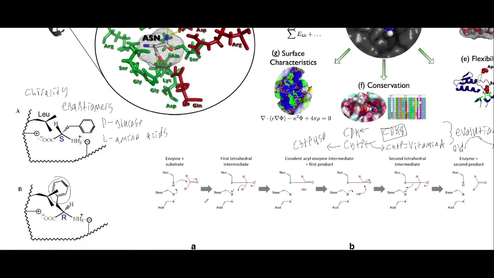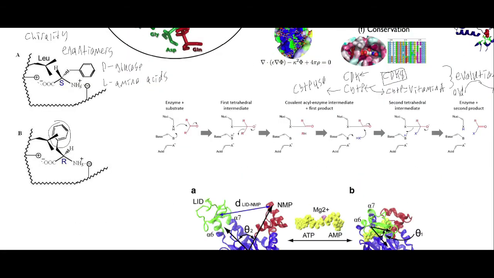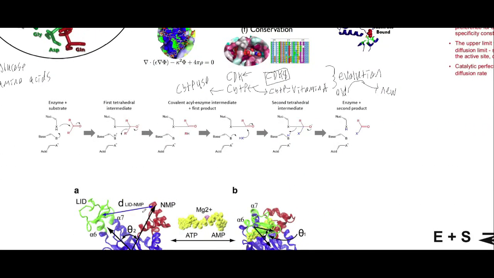All right, so we talked about chirality. Right here, I have just an instance of a, I don't want to say common, it's seen though, this nucleophile base acid sort of motif going on inside the active site. I think this is what we'll see in things like trypsin, which is an enzyme in the stomach that breaks down